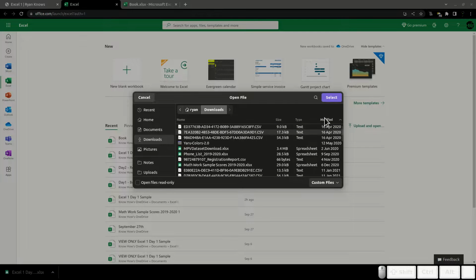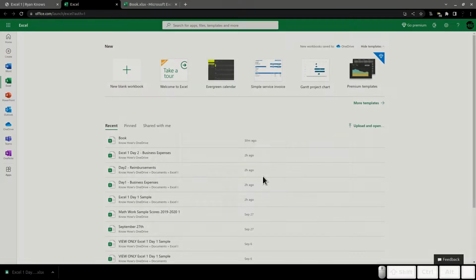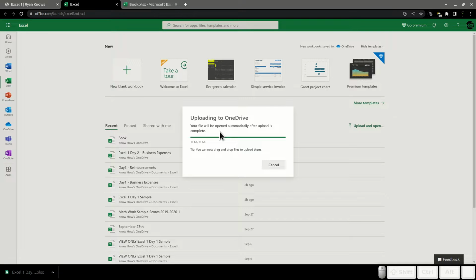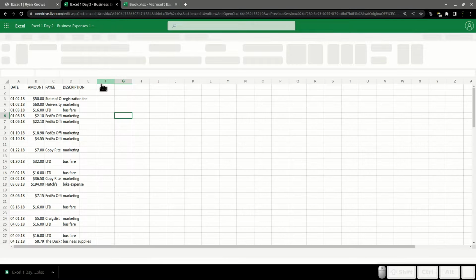Size, modified. Here we go. So just navigate to wherever it downloaded on your computer. Click it, open it. My interface is right there, and probably looks a little different than yours. I'm running Linux, so it just doesn't look like Windows. It'll think for a minute, it'll upload it, and then it should automatically open the file.